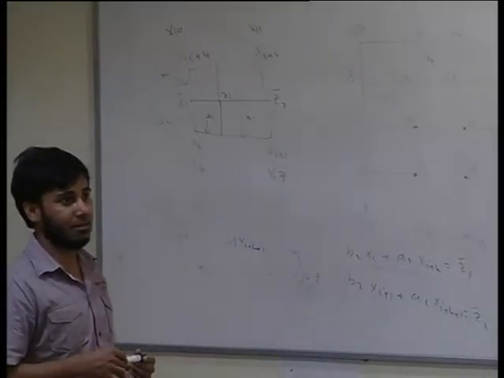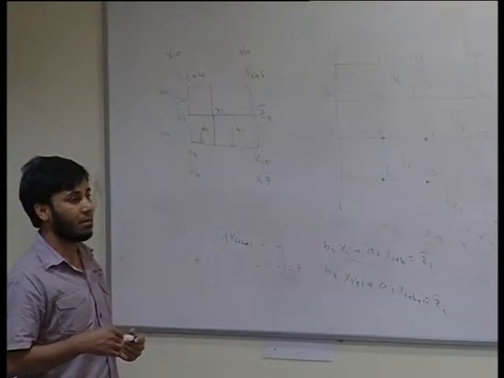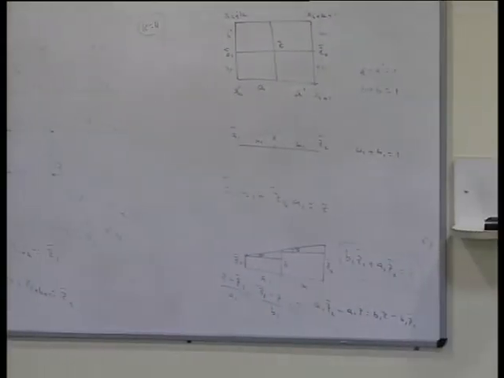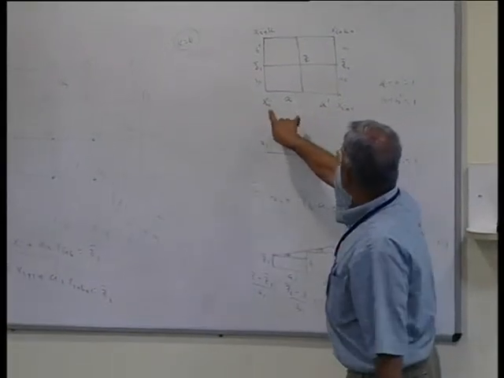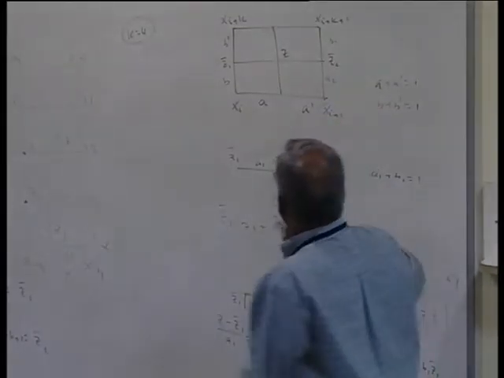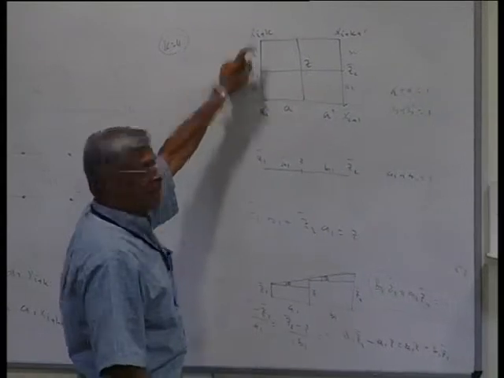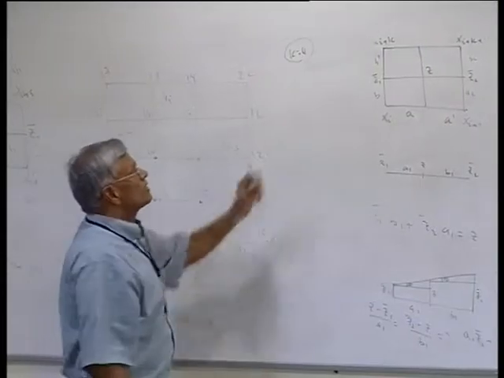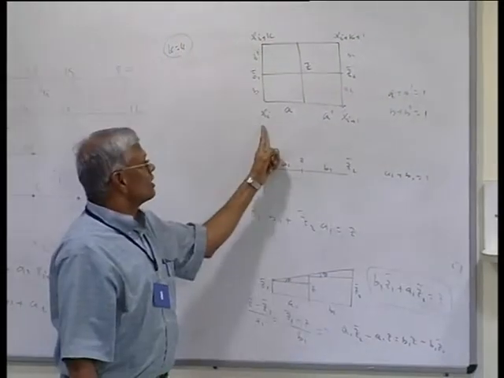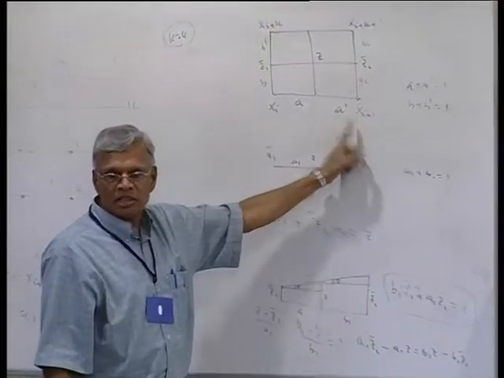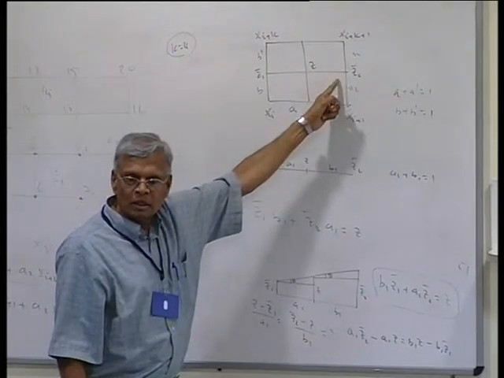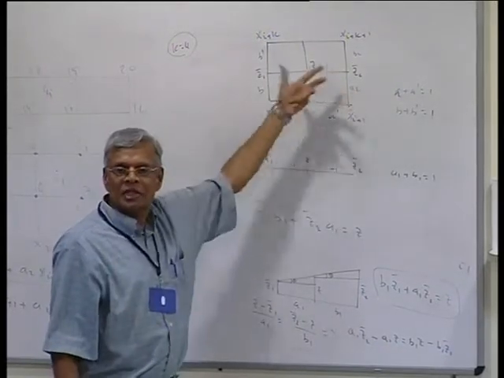Can I do something? You don't have to do it for each one. You can essentially assume the general thing. So that's what I ultimately would like you to think about. If you have 2 points in here, they differ by 1. Then this point and this point index will differ by the number of points here. So the number of points on the x-axis will be k. So if this is xi, this must be xi plus 1. This must be xi plus k. This must be xi plus k plus 1. Okay? I would like you to think in terms of this